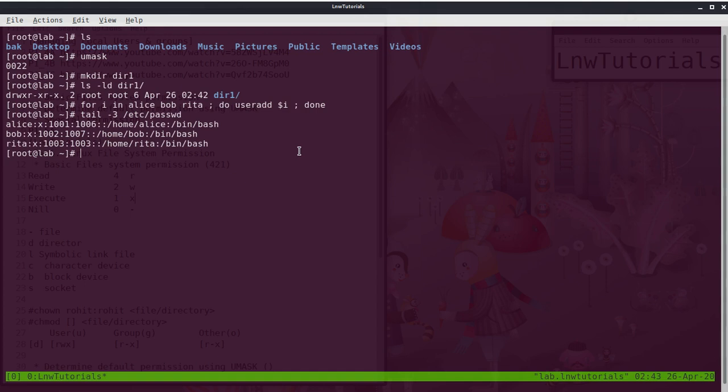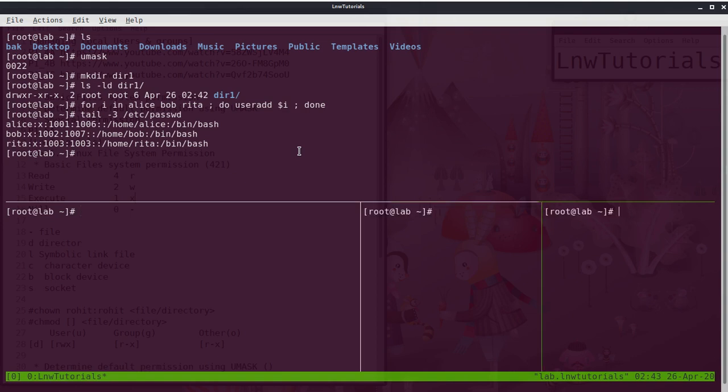Now I'm going to take three shells, and I have divided the shell for the different users.